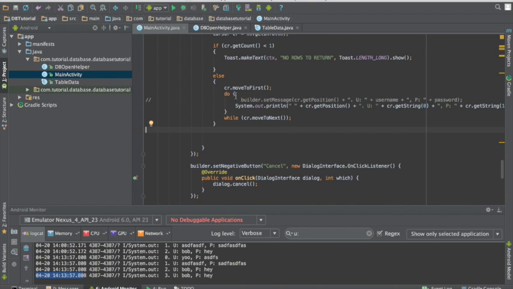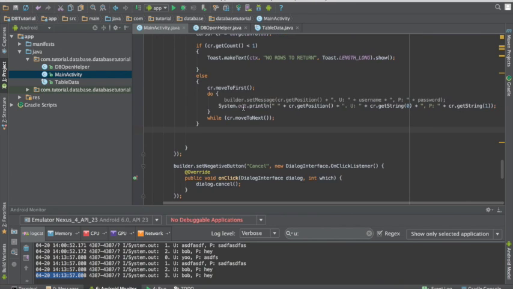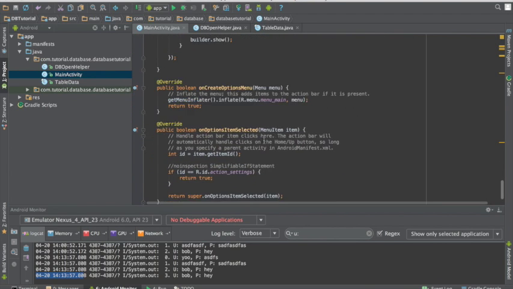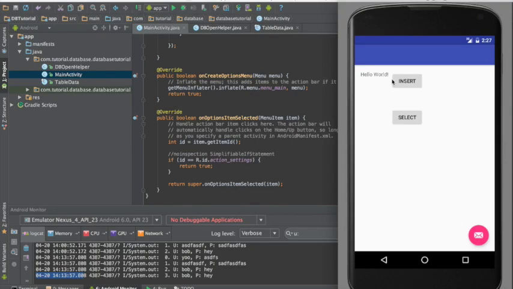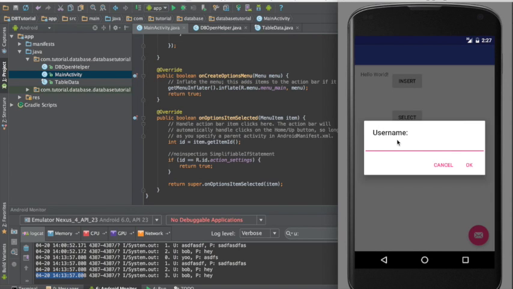Okay, and then you do a do while loop. All this do while loop does is it just displays the rows and displays the position of the row and the first column and the second column, depending on how many columns you have. If you have more columns, you're gonna have 2, 3, 4, and while there is a next one, it's gonna keep doing that. So this is gonna print everything inside the database. All right, so if we want to see how it looks now, we